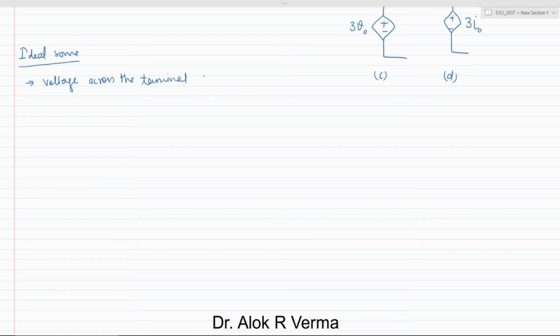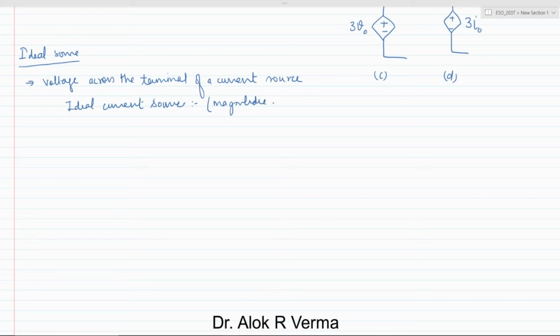What does it mean, voltage across the terminal of a current source? Does it make any sense? How much voltage across the terminal can there be? When it is an ideal source, the magnitude of current source is independent of the voltage. So whatever the voltage may be,